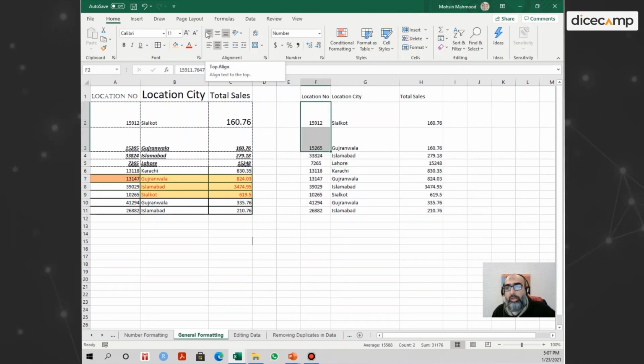The vertical alignment can be set by these three options at the top, where the top align moves the contents to the top border of the cell. The middle alignment moves the content to the middle of the cell, and the bottom alignment moves the content of the cells that you've selected to the bottom or base of the cell, right next to the border of the cell. So these are the basic